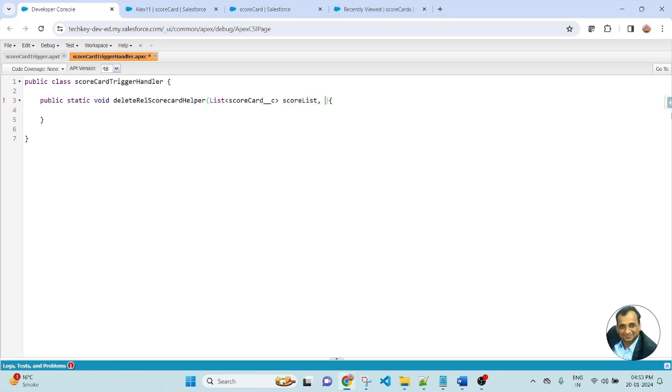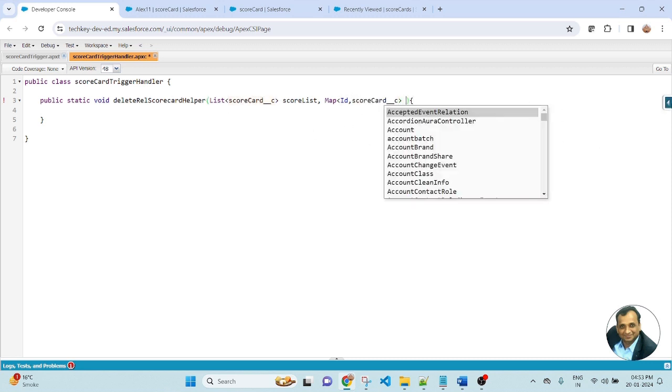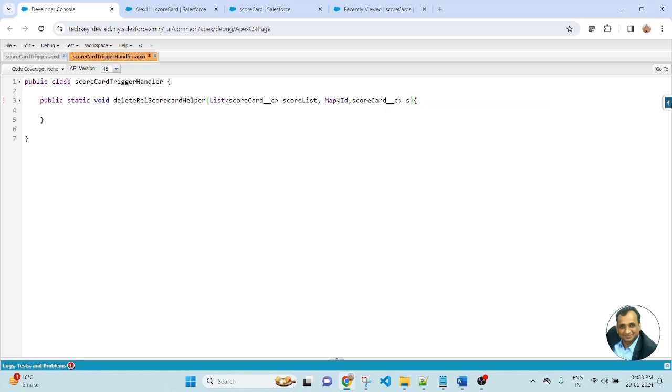Then here we will create another parameter, a Map of ID and Scorecard, and write the map parameter name. So here I am writing the name scoreMapList.